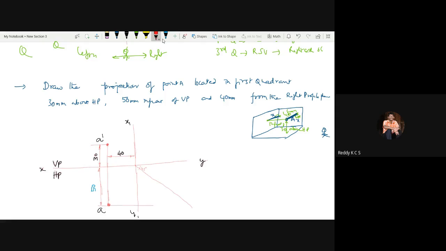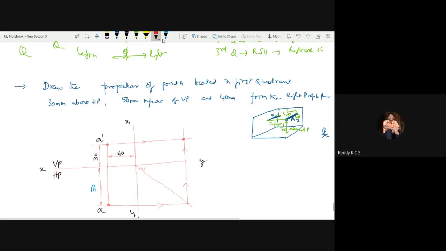So this has to be projected onto the 45 degrees line and then this is projected upward. See that I'm drawing the direction of the projection also. Then this will be projected upward. I don't know where exactly A double dash lies. Then from A dash you need to draw a horizontal line. This is the direction of projection. Then you'll get the intersection point at this.